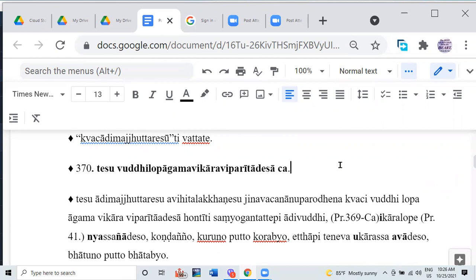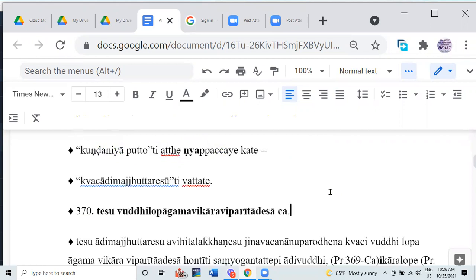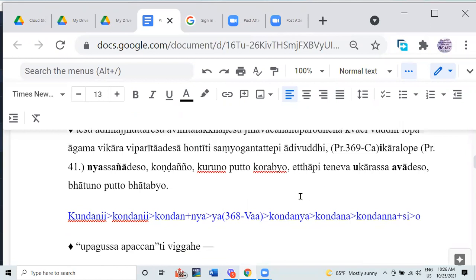Hello? Yes, Sayadaw. Yes, it's clear, Sayadaw. So let's continue. Sayadaw, the Nisia is short E or long E? Here it is long E. But in the text, Padarūpasiddhi text, we see